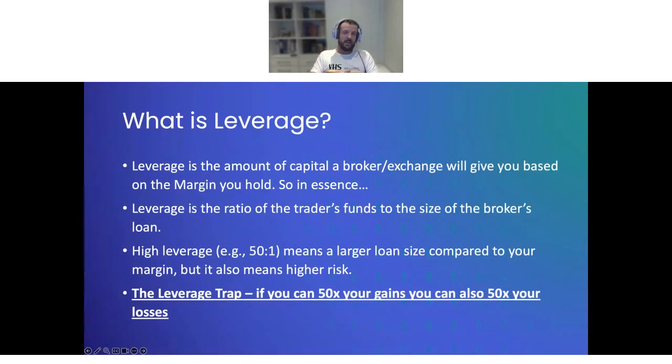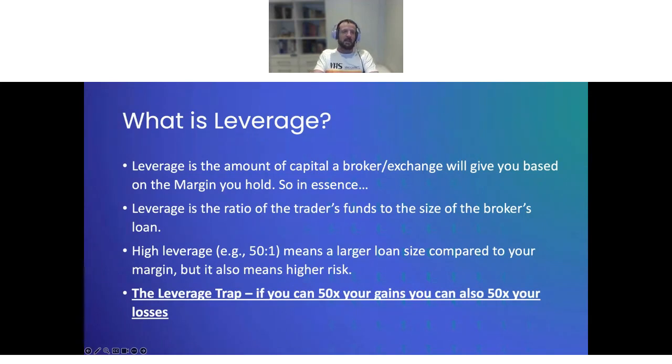And really what that tells me, and what it should tell you guys, is most people don't understand how to trade with leverage, and most people don't understand how to use margin. And they fall into what we call the leverage trap. They log onto the exchange, they put $1,000 in, they see that they can purchase for $50,000, and immediately they go and utilize all that margin in the hopes of making overnight success and overnight wealth. But really doing that is the fast track to getting wrecked. And the idea here is that if you're going to employ leverage and use margin, it's to then employ risk management in all your specific trades.